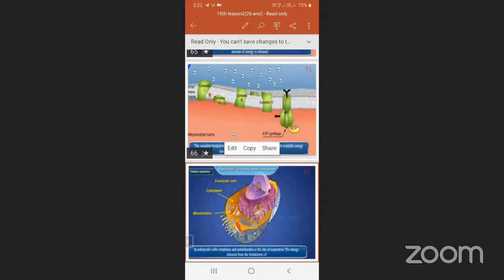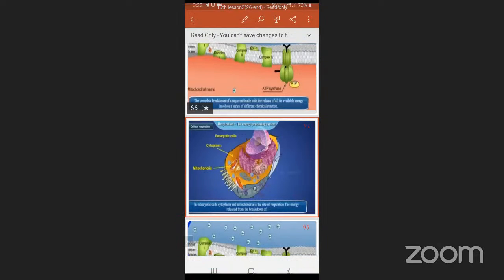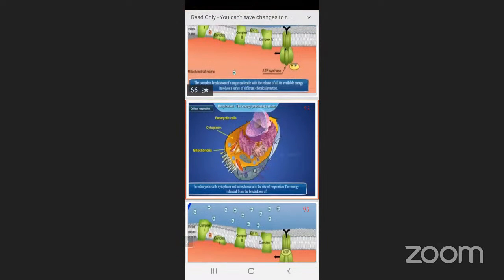Next, in eukaryotic cells, cytoplasm and mitochondria both can be involved. In eukaryotic cells, cytoplasm and mitochondria are the sites of respiration, the energy released from the breaking down of